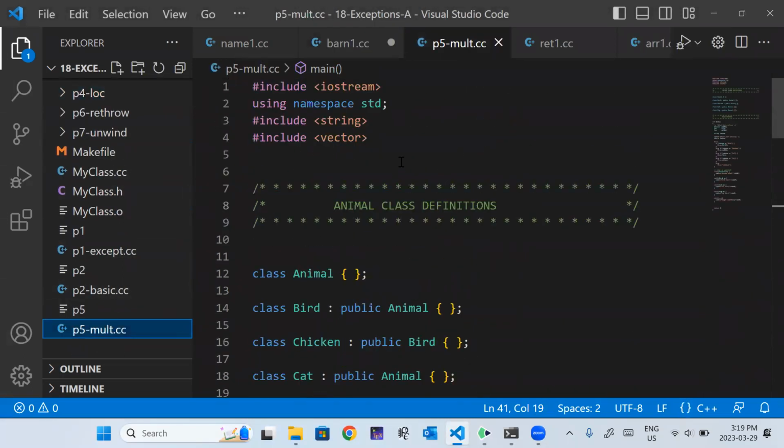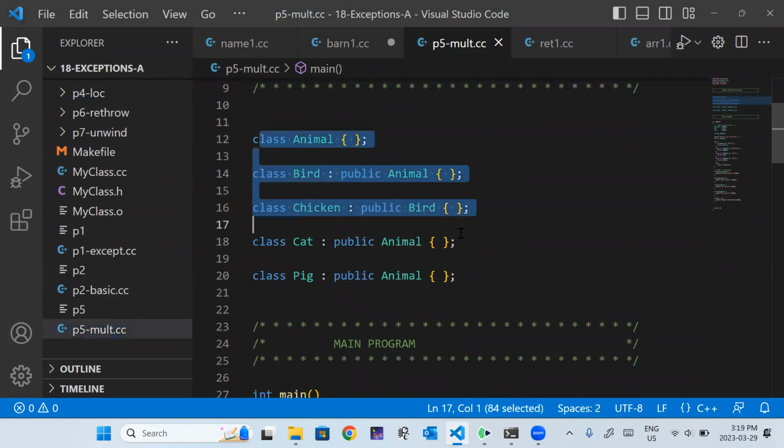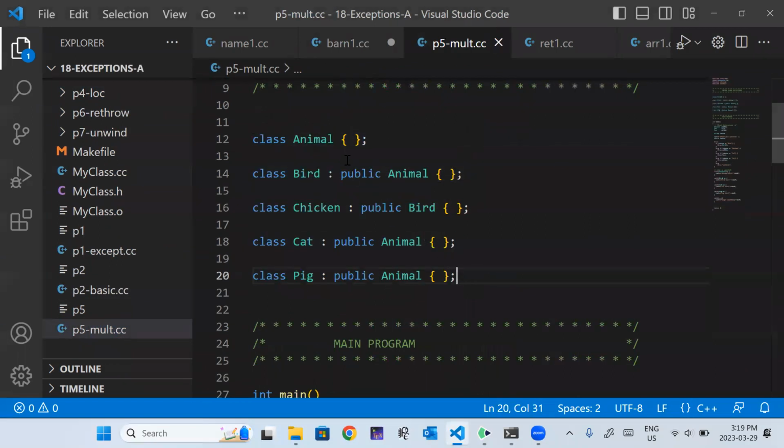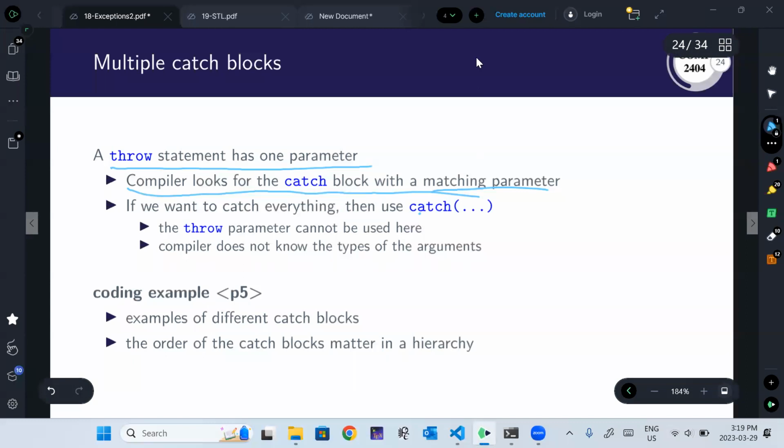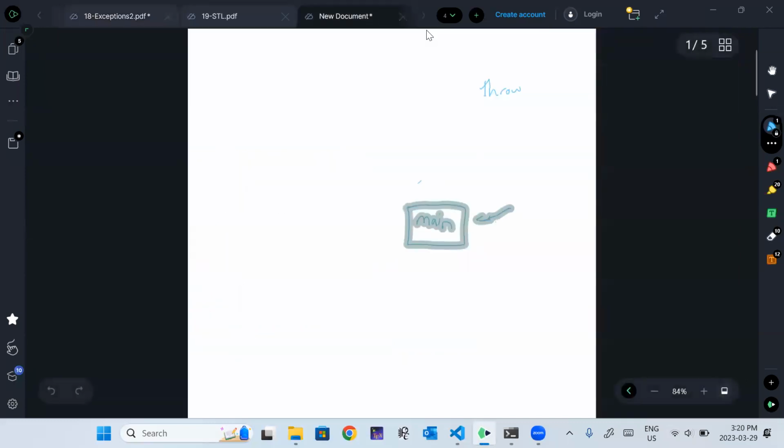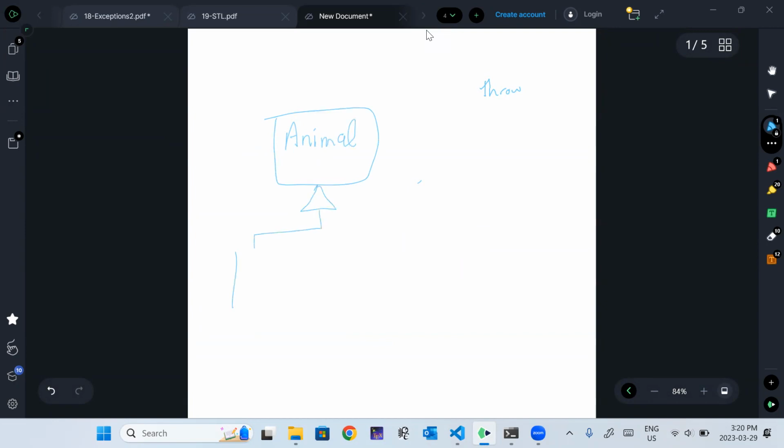All right, so we have still our barnyard. Now these are very simple classes. I just really want the hierarchy, just to make sure we understand it. We have our animal base class, we have a bird, and we have a cat, I believe, and a pig.